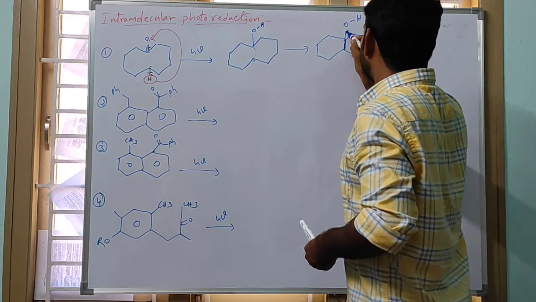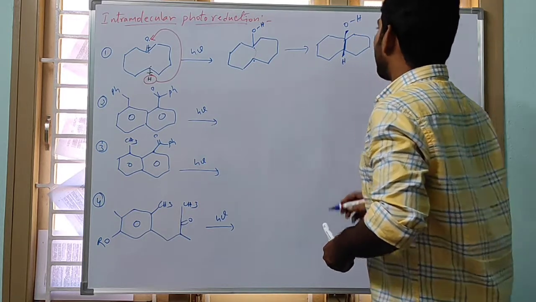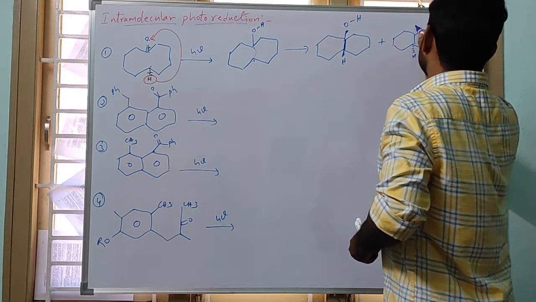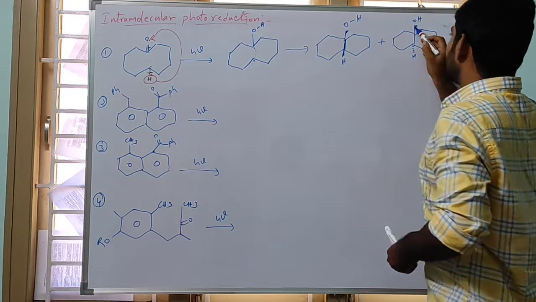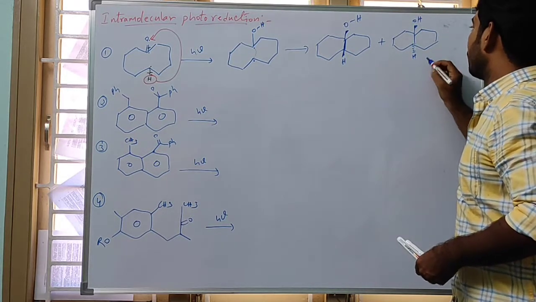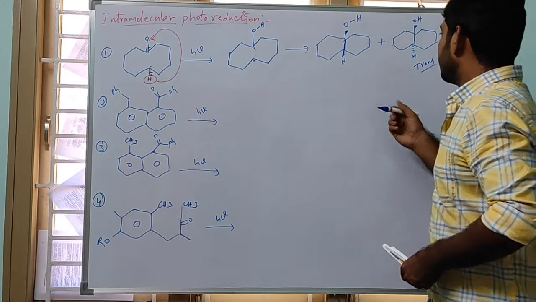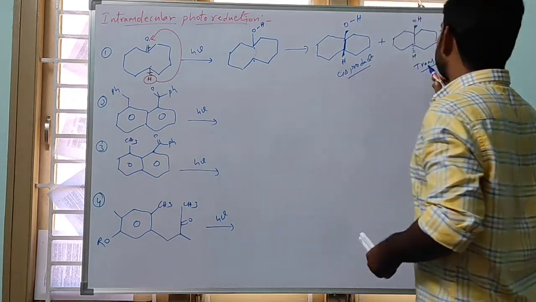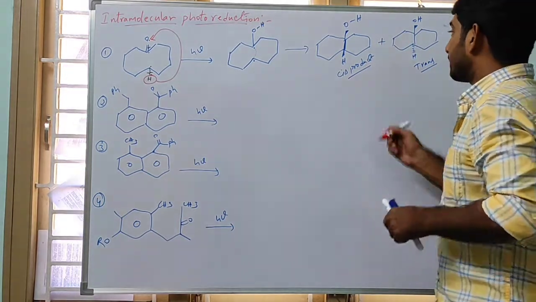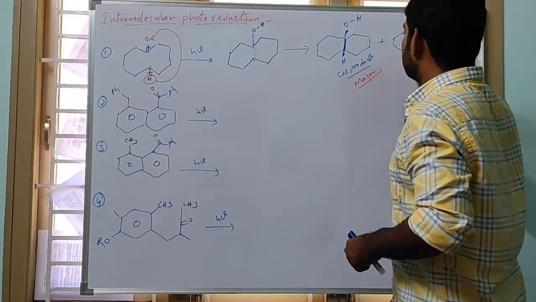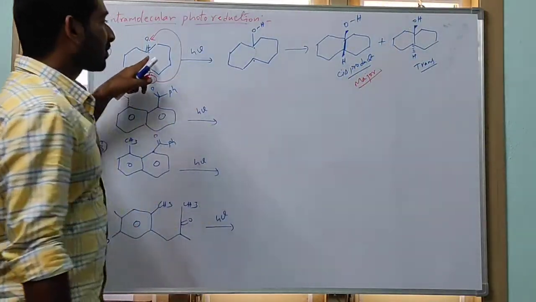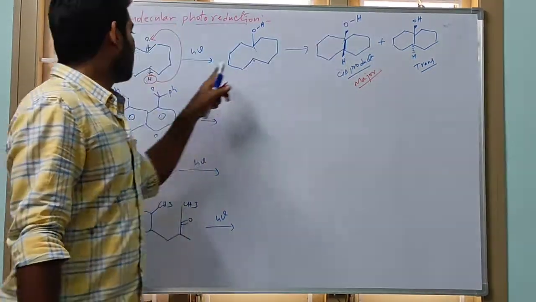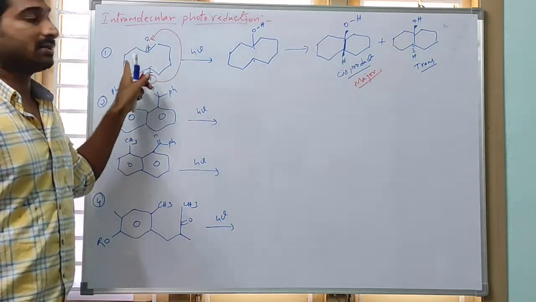Now the stereochemistry is important here. Predominantly the cis product is formed compared to the trans product. So one is above the bond, one is beta bond, one is alpha bond. This is trans product. This one cis product. This is cis product and this is trans product. In this one, which one is major means cis product is major. This is intramolecular. Within the molecule, reduction of the carbonyl compound. Carbonyl compounds reduction means alcohols we will get. Internally the hydrogen transfer takes place.